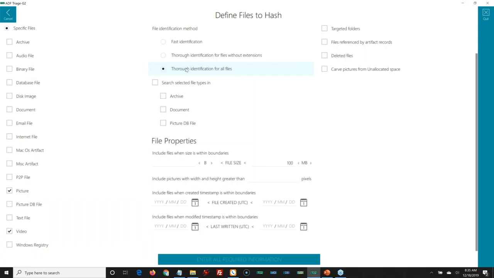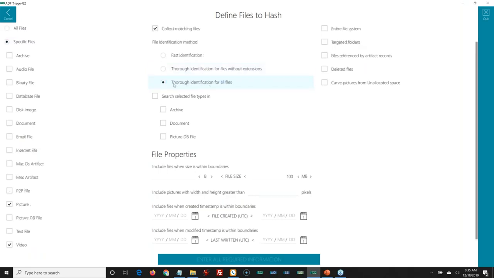What that does is, instead of looking at the file extension like .jpeg, .gif, or .bmp and identifying the file from that, it looks at the file header. It looks at the data inside of that image, usually the first few bytes, which tell the computer what type of file it is. And that takes a while. So if you're going on scene and you want speed, you wouldn't want to do this. We would save this comprehensive type scan for in-house, back at the lab, or when you have a long time. The fastest way is fast identification, which does it only by file extension.